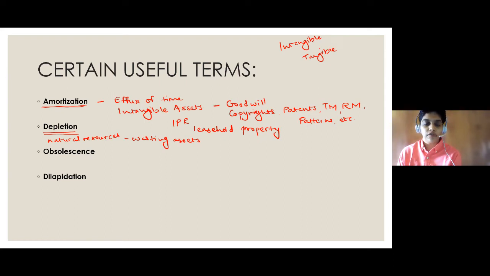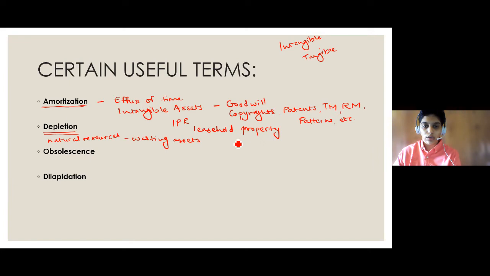Natural resources are formed by nature. So once we use them, it takes a lot of time to generate them again. There are very few sources that are long lasting. The majority of the sources do not have unlimited life. So there are certain assets where, whenever you take output from those assets, the reserves decline.